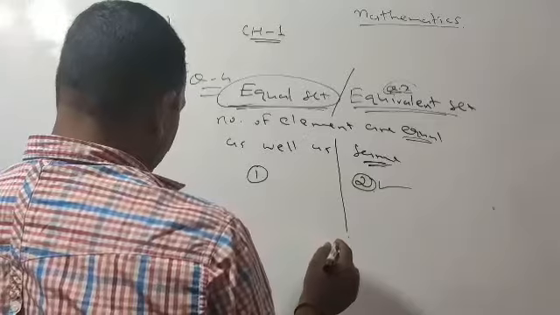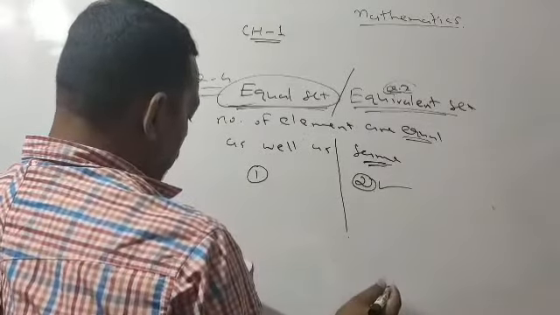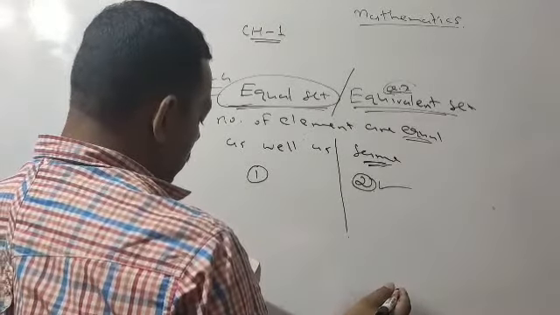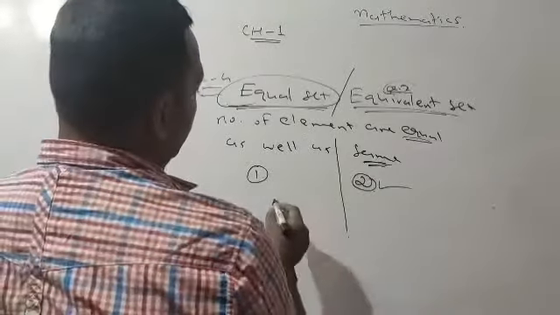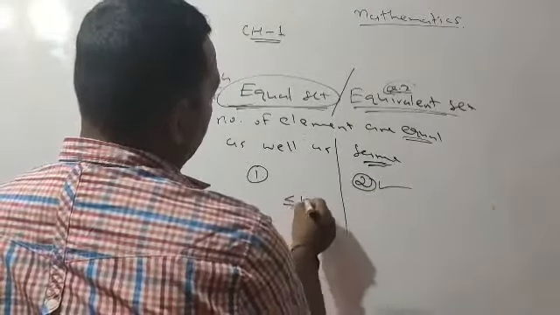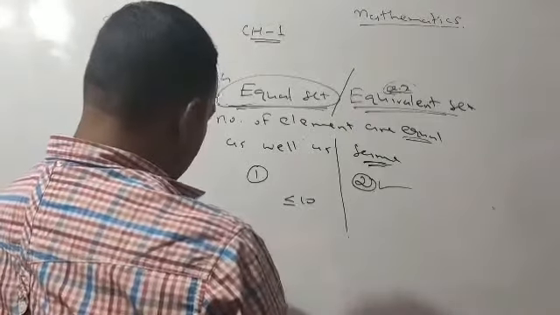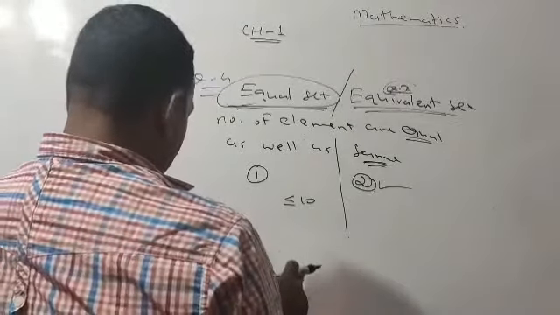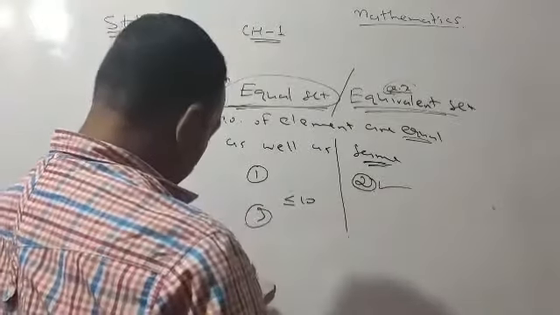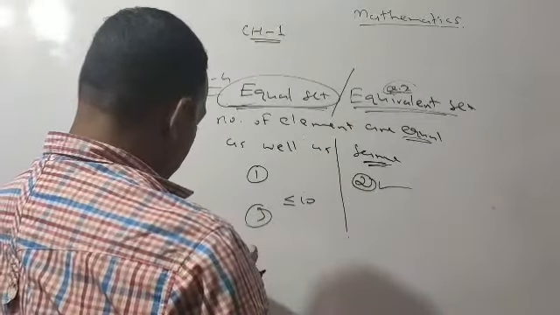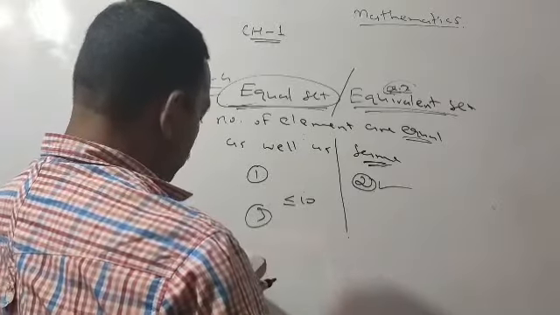Now next one is 2, 4, 6, 8, 10 and the B is x is a positive even integer and x is smaller than or equal to 10. So because of equal to 10, we will consider 10 also. So here the third question has A equal to B. Same way, the fourth one I will give you as homework.